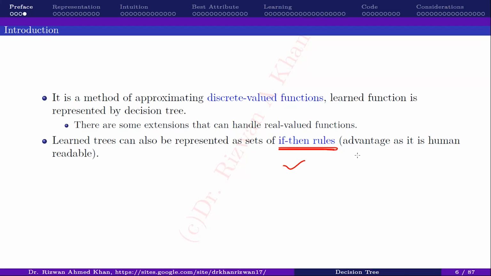And I will explain why. The advantage is it is human readable. And there is a notion of explainability of machine learning algorithms. Probably you have heard this, a very new term coined in the last 3 years, I guess. And as you know, neural networks are called black boxes. You cannot explain them to any human, but decision trees are very good in terms of explainability. So once you have a decision tree, you can explain using if else rules, and it becomes more of a white box rather than a black box.